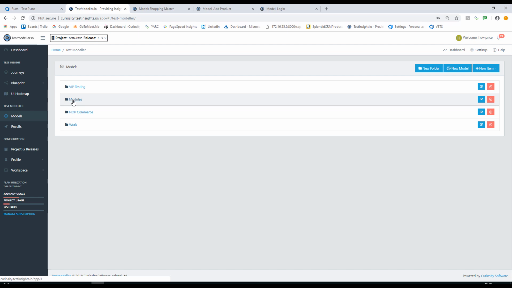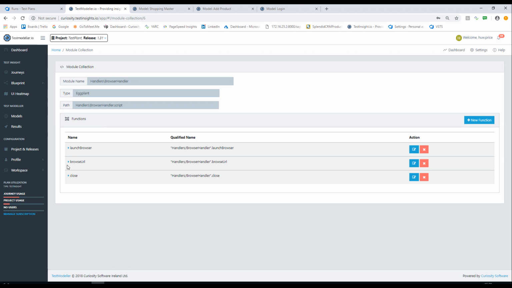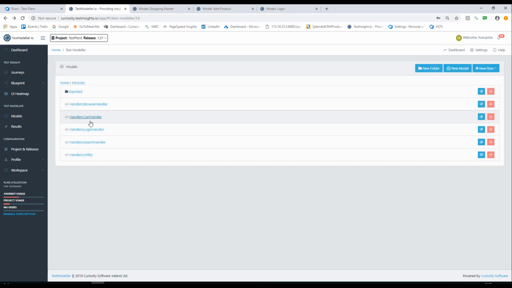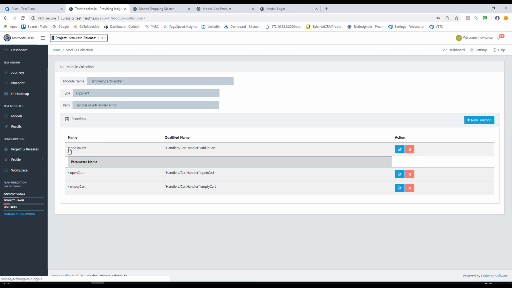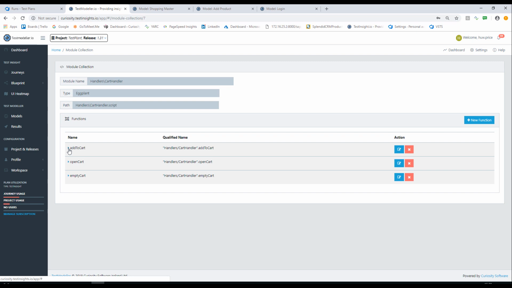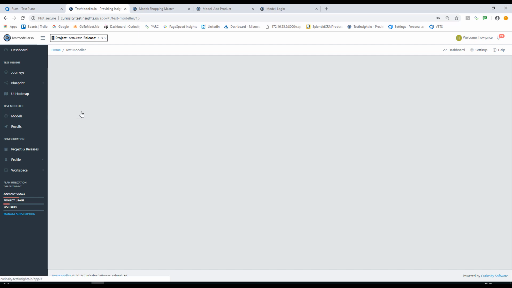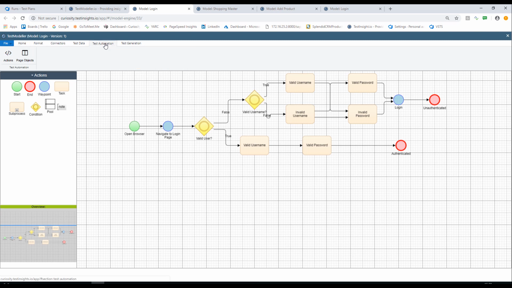So if we look at here, we've got modules, and you'll see the handlers, each handler or function. If we look here, browser URL, it has a set of parameters, and cart handler, add to cart, etc. And any parameters are then passed into test modeler. So we can go back to our models, and let's go and have a look at the NOP commerce and look at login. And you'll see here we have a little tab called test automation,